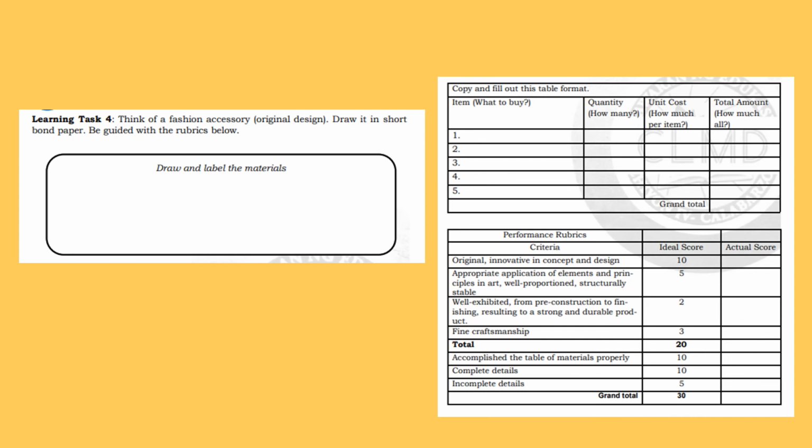Original, innovative in concept and designs, 10 points. Appropriate application of elements and principles in art, well proportioned, structurally stable, 5 points. Well executed from pre-construction to finishing, resulting in a strong and durable product, 2 points. The total is 20 points. Accomplish the table of materials properly. Complete tables, incomplete details. The total score is